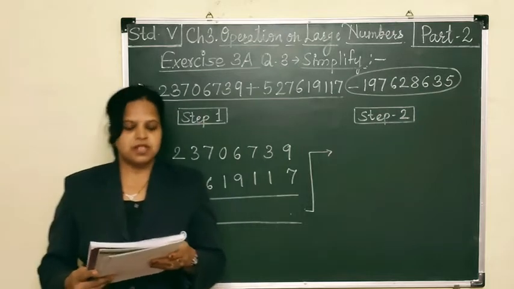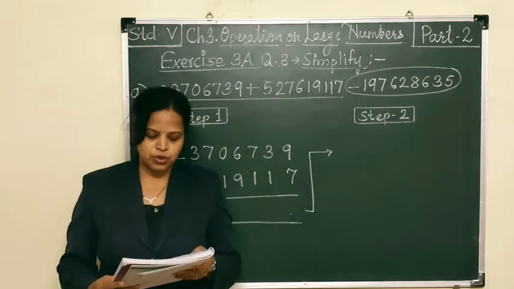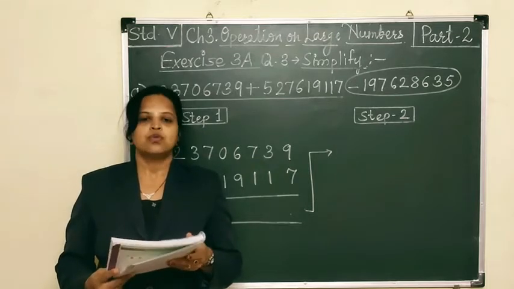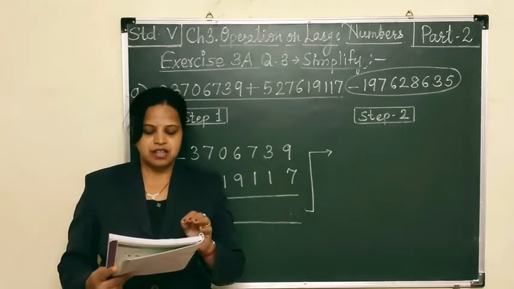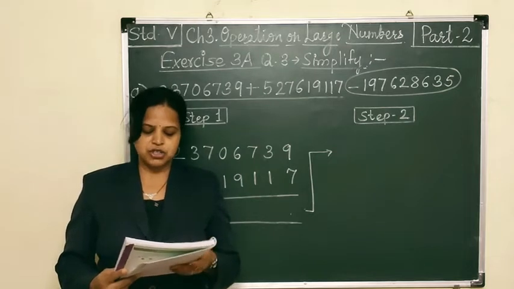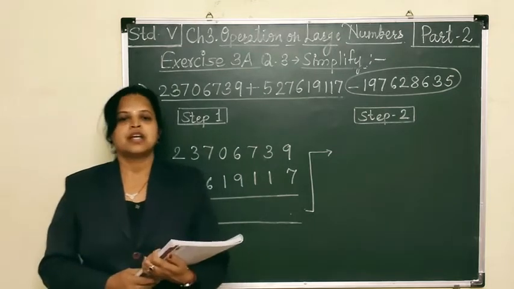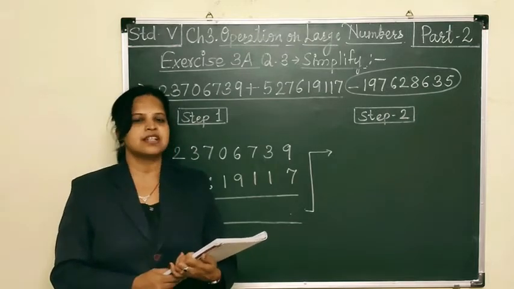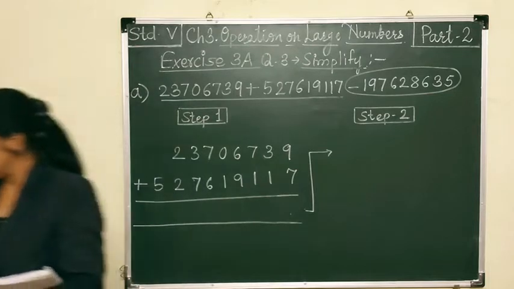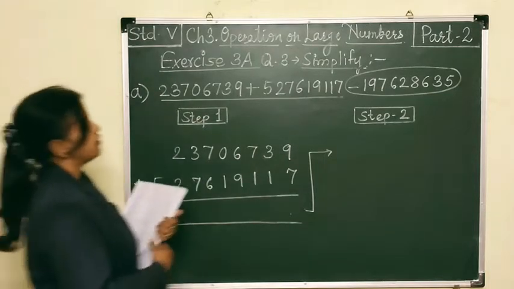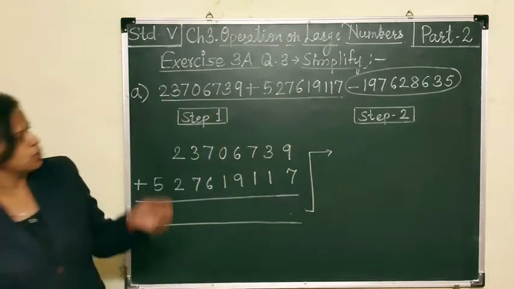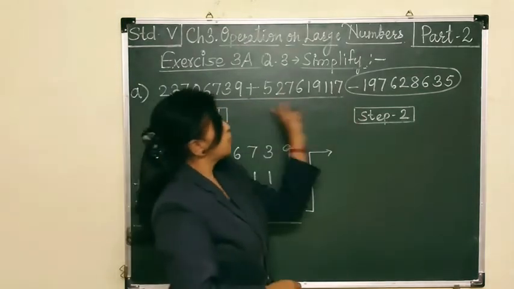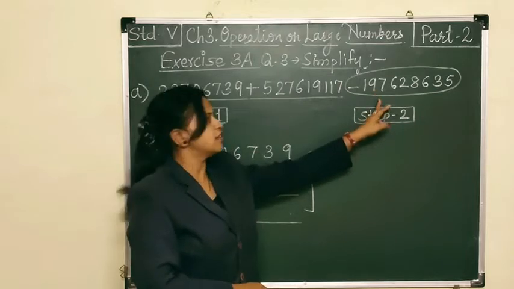If you observe the sum carefully, you will come to know there is addition and subtraction in the same example. So we have to do two operations in the same example, addition and also subtraction. Last year, you learned how to do addition and subtraction together. So let us see how to do it. There is a plus sign in between the first two numbers, and from this sum we have to subtract the third number.